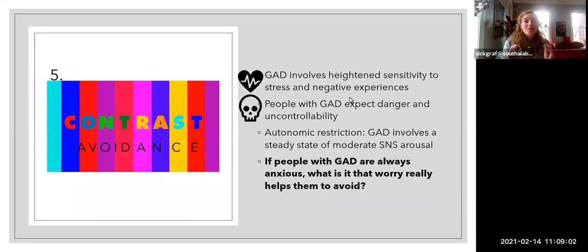Okay, so the fifth kind of model of how worry functions as avoidance is known as contrast avoidance. So people with generalized anxiety disorder, because of their poor parasympathetic control over their sympathetic nervous system, the fact that their parasympathetic nervous system isn't good at keeping their sympathetic nervous system under control, they basically have heightened sensitivity to